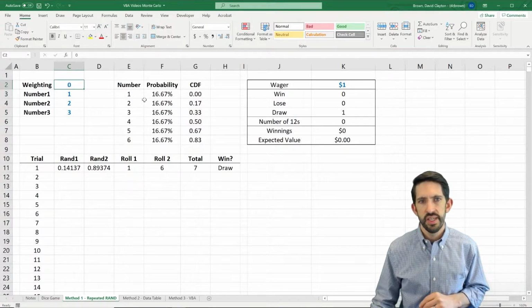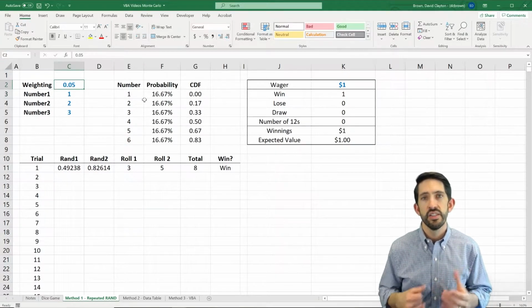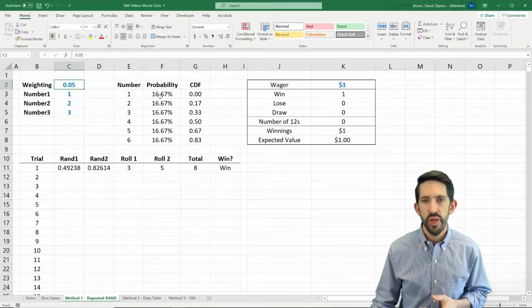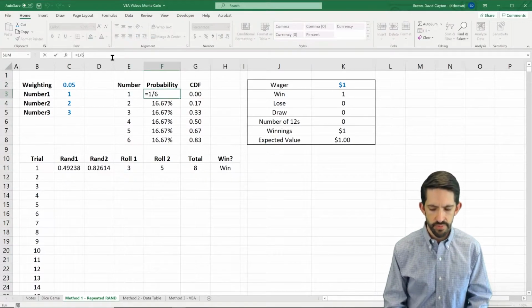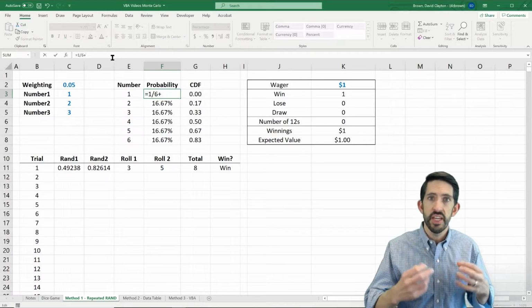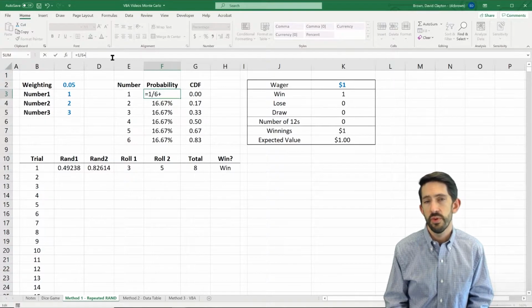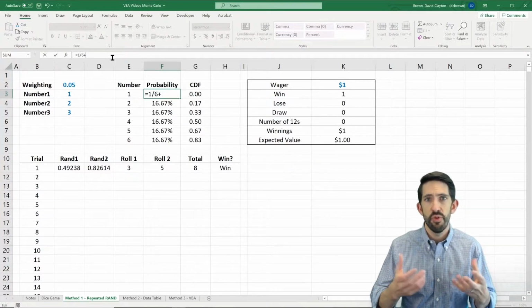So what we're going to do is add a bit of weight. Let's just say 5% weighting to 1, 2, and 3. The way we can do that is we can come into our formula and check to see if that number 1 is in our list of things we want to add weight to. The way we can do that is with a VLOOKUP, or you can think about an XLOOKUP or a match,